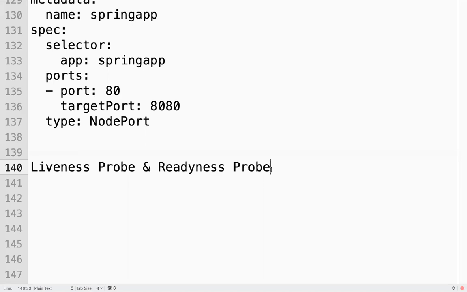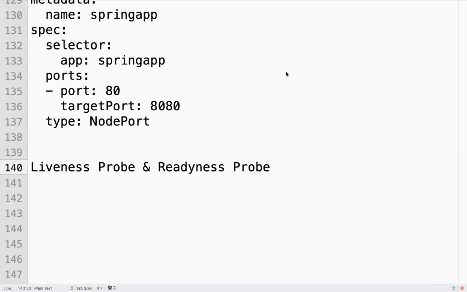What is Kubernetes checking? Is it checking the health of your application which is running inside your container, or is it checking just whether the process is running or not? As of now, it's just checking the process.